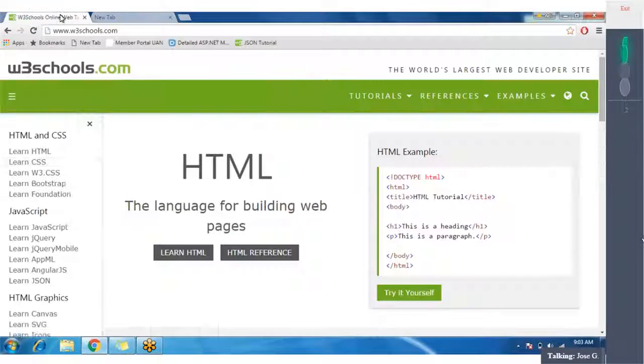Tomorrow, JSON plus AJAX. Yeah, AJAX plus JSON also. Initially we discussed JSON, then we discussed AJAX.